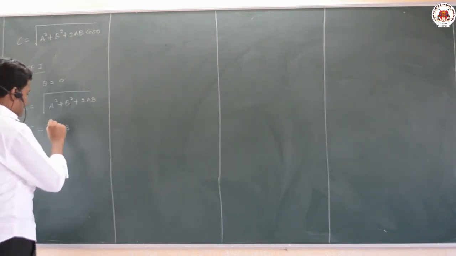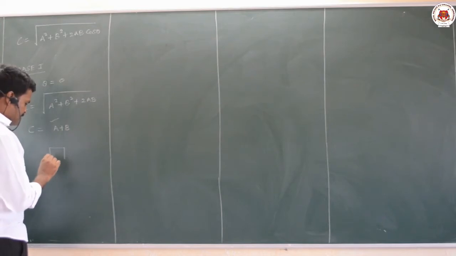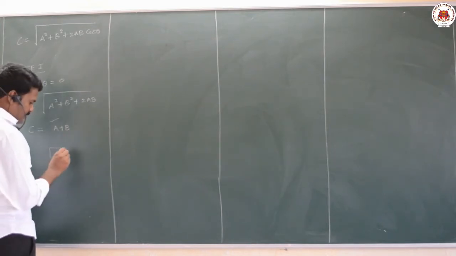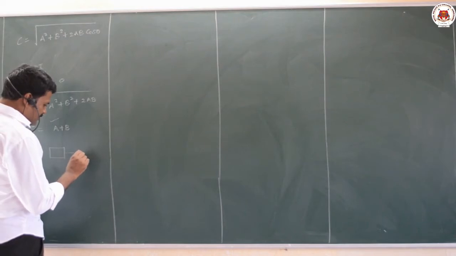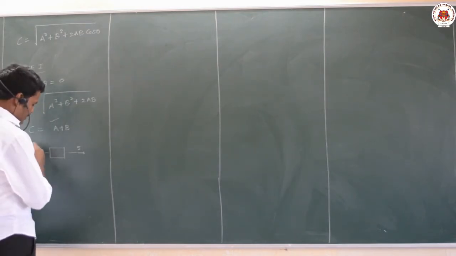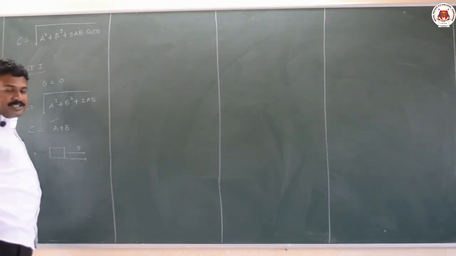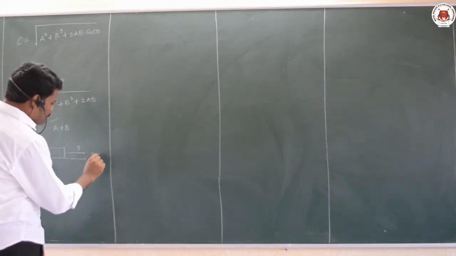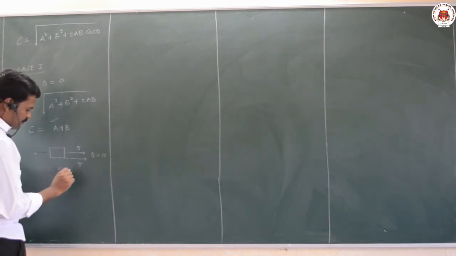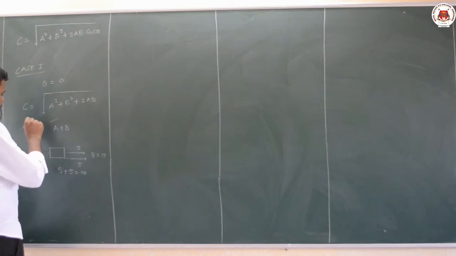This is what I explained yesterday. You have taken one example that I explained in the last video. Two people A and B are applying force in opposite directions, 5 Newton and 5 Newton. We got 0. If they apply in the same direction, the angle between the two vectors is theta equal to 0. Then you got 5 plus 5 is equal to 10. This is the condition.